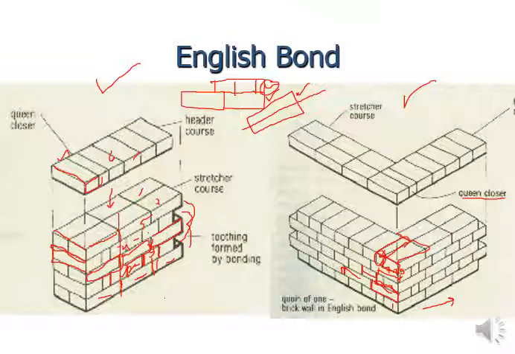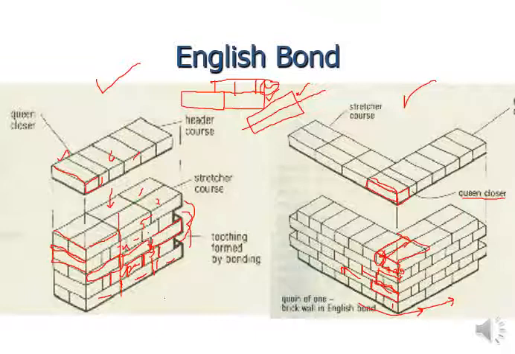Once you are coming from one direction to the other, you are shifting the direction at the corner, at the joint of the wall, then what you have to do is the stretching course should be converted into header course. So these stretchers are going to be converted into header. So this is the particular case. Then this stretching brick, ये यहाँ पर भी आप देख सकते हैं, here also you can see, this is a stretcher brick. This stretcher brick is going to be converted on the other direction of the wall as header.